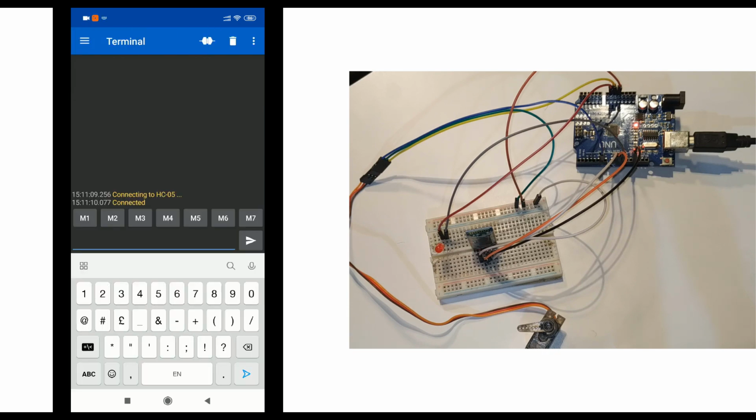I'm going to type 1 and I'm going to send it. That should go to the Arduino and this should turn on the LED. So I'm just sending 1 over here. I'm just waiting.